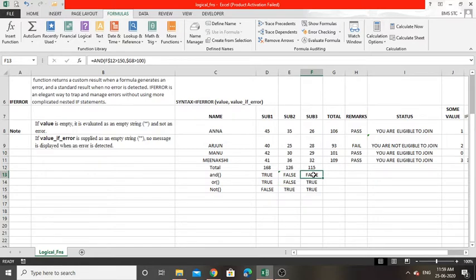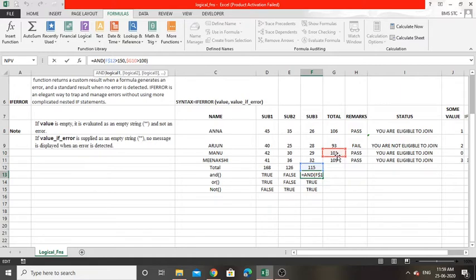What about the next one? It compares the first value, this 115, which is not greater than 150, obviously, and the next one is 101, which is greater than 100.